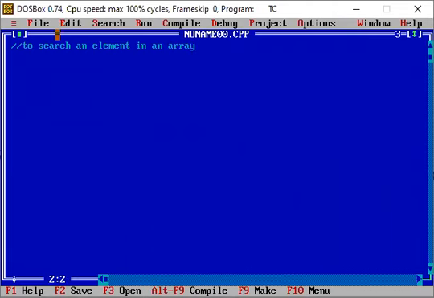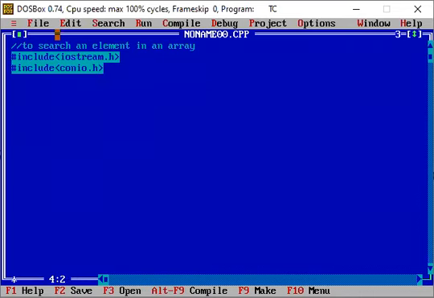Fine. So here we will start with the header files that we have to use. We are starting with iostream.h, and the other header file that we require here is conio.h.